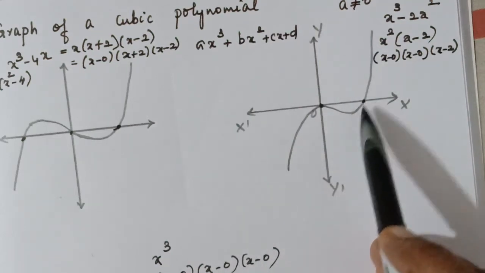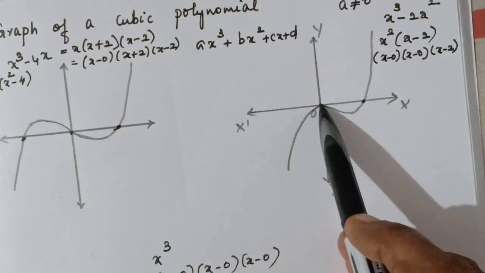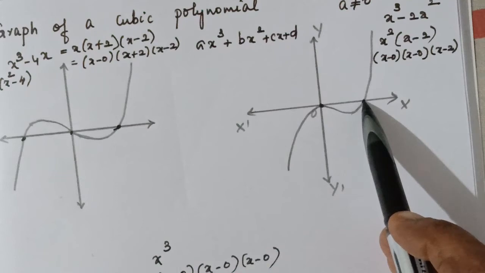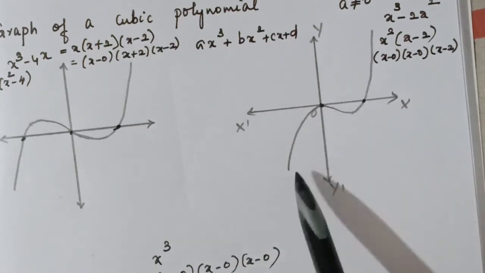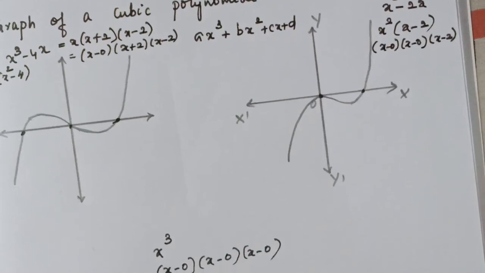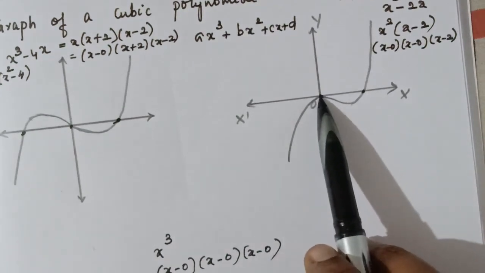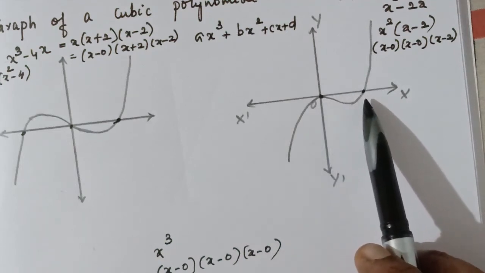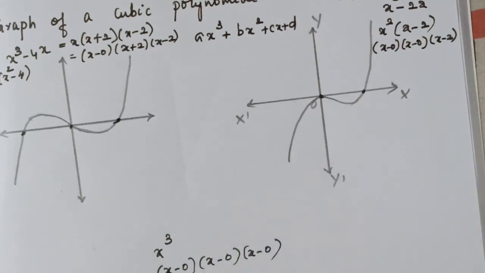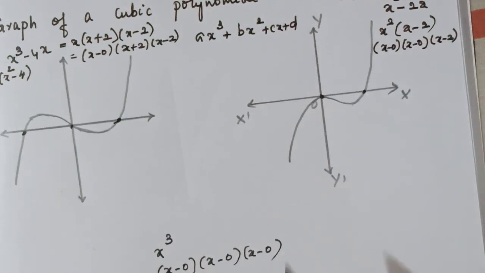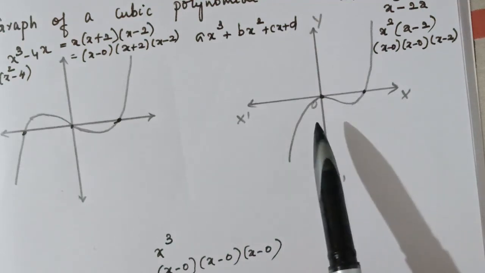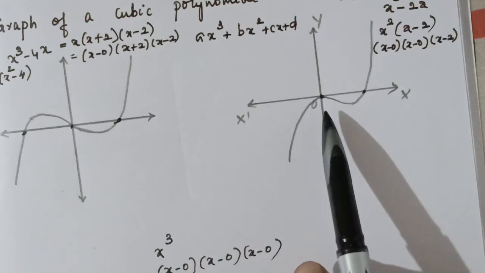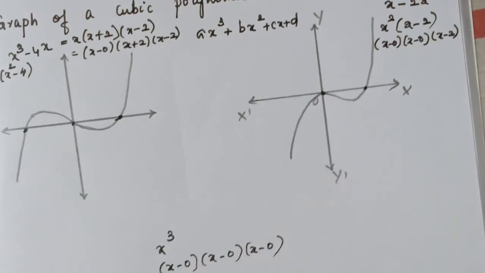Suppose this is 2, you can see 2 equal zeros and another different zero, a distinct zero. So this is the graph of a cubic polynomial. Since it passes through only 2 points, do not think that it is a quadratic. A quadratic polynomial has a graph in the shape of a parabola. If it is this shape, that shows it is the graph of a cubic polynomial, and of course it has 3 zeros. If it passes through only 2 points, that shows that it has 2 equal zeros and a distinct zero.